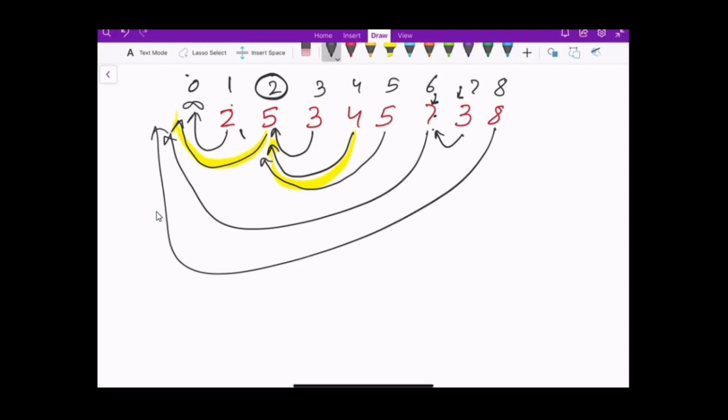Now, why does this work in O of n? Actually, notice that we never follow one link more than once. So each link will be followed at most once. You can try it with some other examples to see why this is so. So you will follow each link at most once, and from every element we have only one link. So the total time will be O of n. And we can actually do a similar process to find the next element as well.